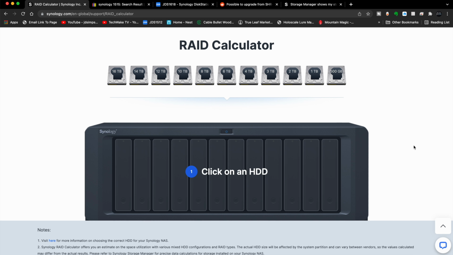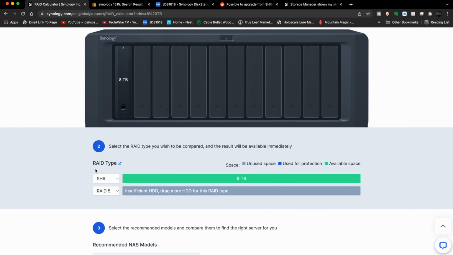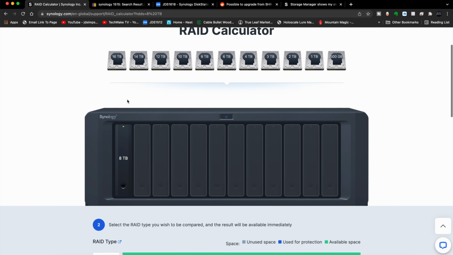So let's say for your purposes, we're going to start off and introduce an 8 terabyte drive. If you had a single drive bay Synology NAS and you only had one 8 terabyte drive in it, if you look down here, it talks about the different RAID types. These are the types of configurations for the drives that allow for, in most cases, drive fault tolerance, meaning if a drive dies, it has some kind of plan to help you protect. Now, a single drive scenario has no protection at all. You can see there's a blue box and there's no blue represented here. If you have a single drive bay NAS and the drive in that bay dies, you're toast. So that's not a good idea. That's why I say single drive bay is out.